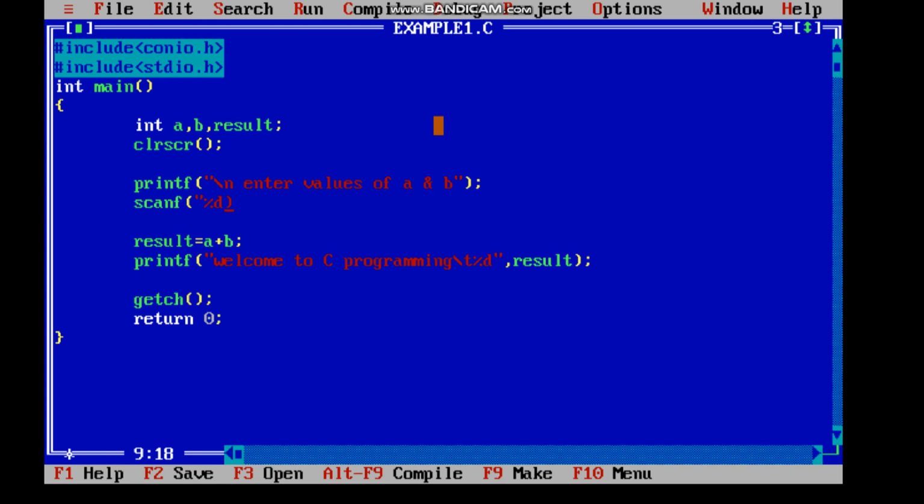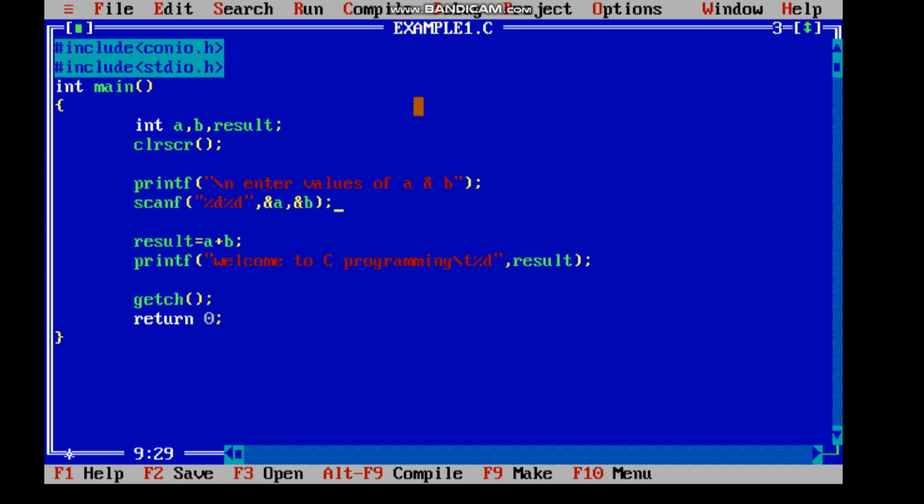This is to take the input from the user. Then ampersand. Then this is for the first variable. Similarly, you can use another %d, and then you can take the second variable, ampersand. So this is a new thing to you.